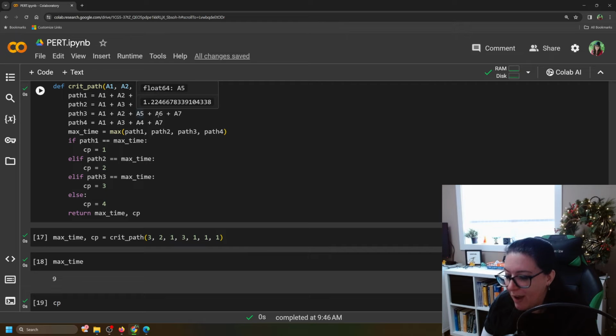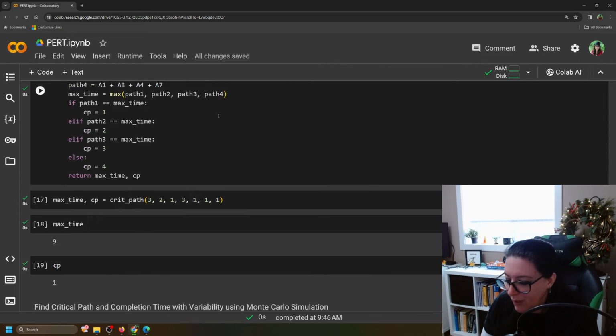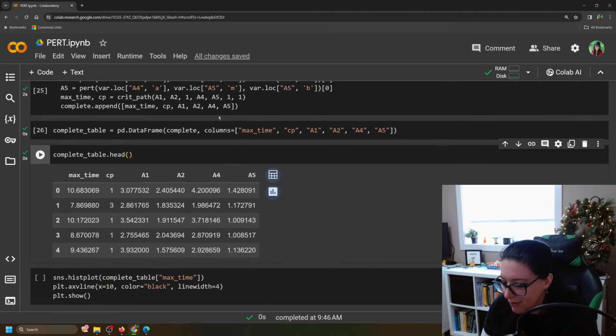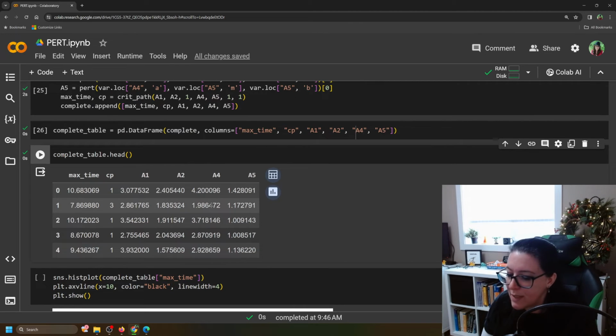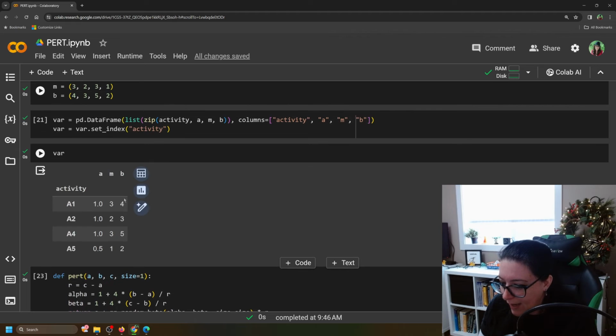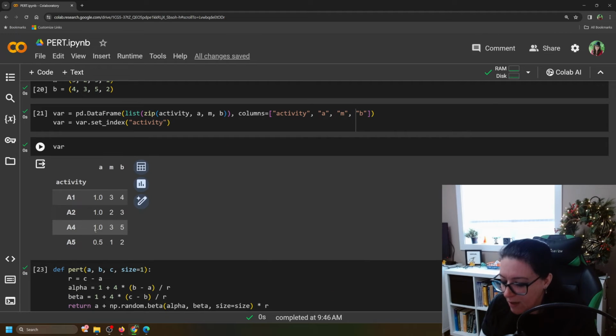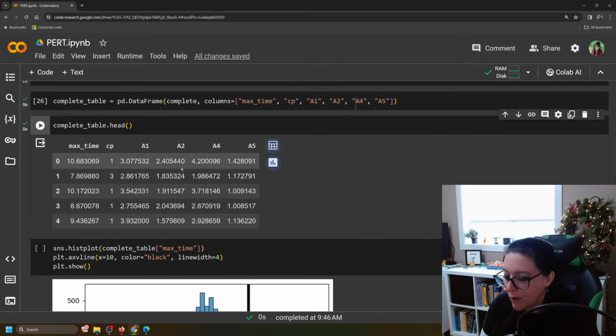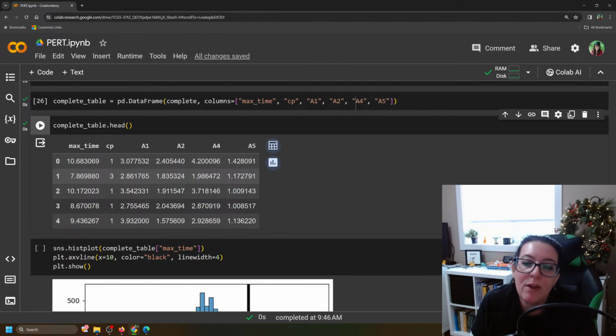A1, A2, A5, A6, A7 no longer was activity 4, slowing everything down. So if you take a look, activity 4, notice how in the random number generator, where we're looking at activity 4, we said here, best case scenario 1 month, worst case scenario 5. When activity 4 took less time, then what happened is the critical path changed and we could finish the project